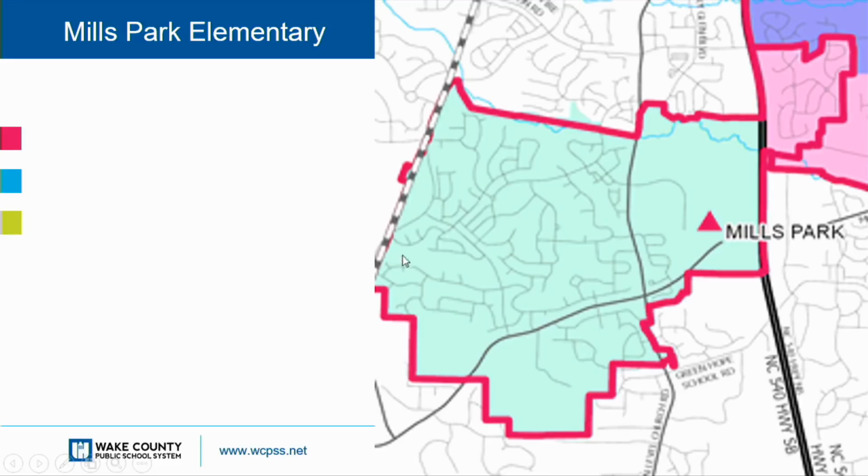When you look at Mills Park Elementary, this is the proposed area in this greenish blue. Okay, here's Cameron Pond over here. If you choose to leave Cameron Pond in Mills Park Elementary, we will need to look elsewhere to provide relief. And so when you look at this, it's a very dense area, lots of homes on top of each other, lots of connected neighborhoods, where you saw when we tried to draw the line here through Cary Park, how connected those families felt, and they had the lake and the greenway path in there. So this isn't an easy decision.